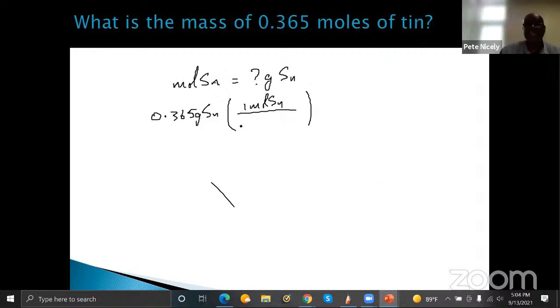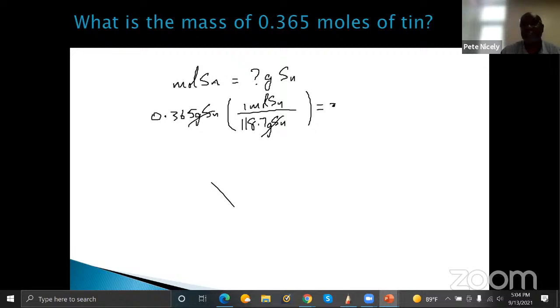So down here, we're going to have 118.7 grams of tin. So that goes with that. So 0.365 divided by 118.7. And according to my calculation, this works out to be equal to